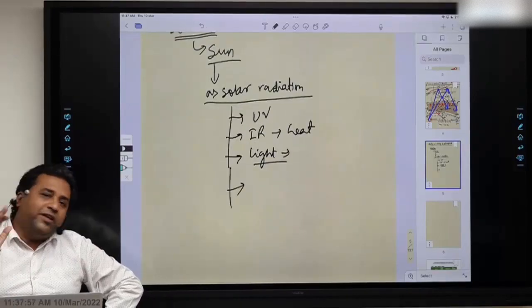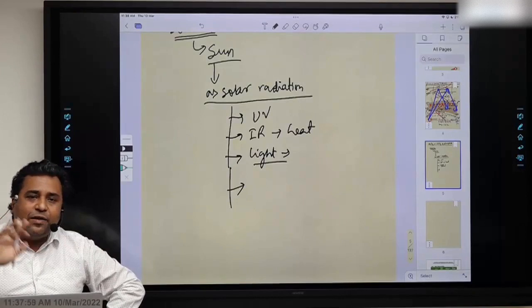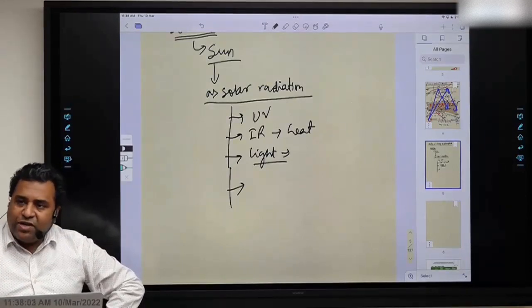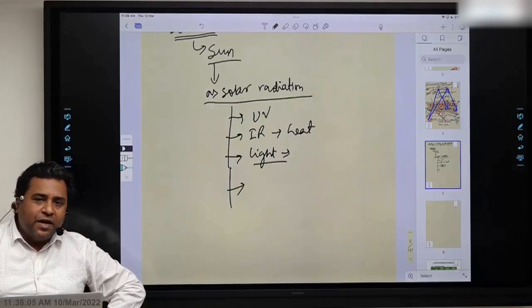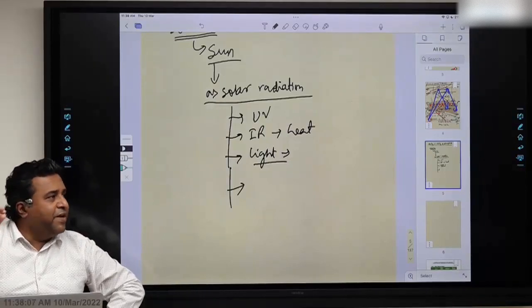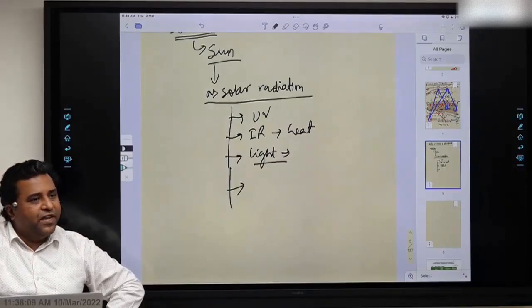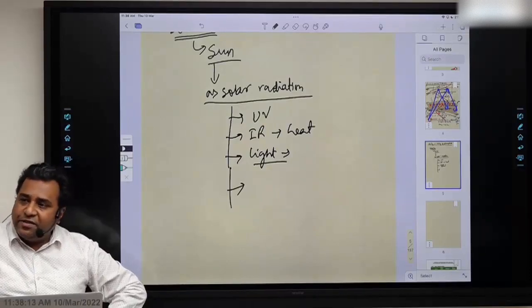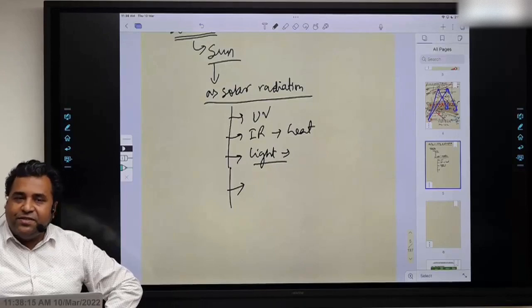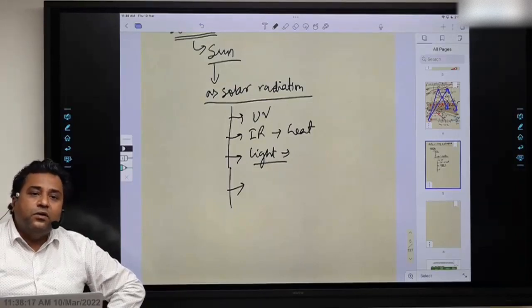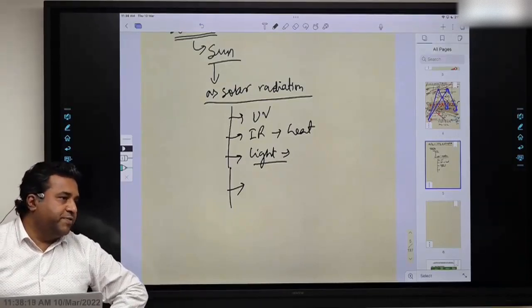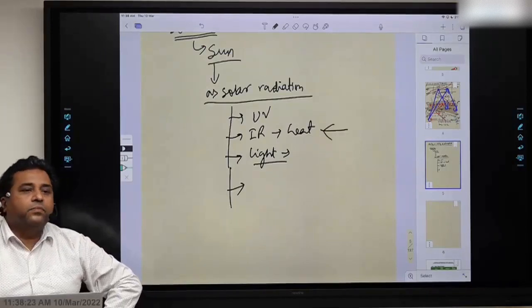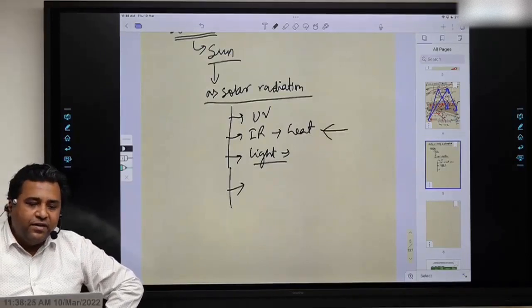The sun sends you all the radiation, but all the others are either blocked or are not sensed by us. Right? So the sun sends you UV radiation, gamma radiation, X-ray radiation, all of that also comes, but that is blocked by the ionosphere and all. So the exosphere and ionosphere block all the other radiations. Okay? And only these three come to the troposphere and stratosphere. Right? So now the heat comes from IR radiation, infrared radiation.